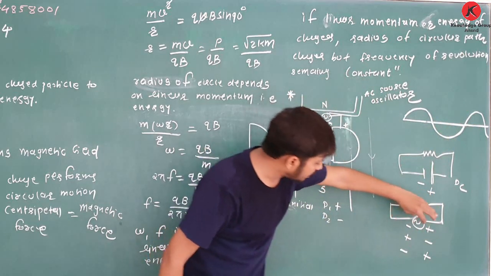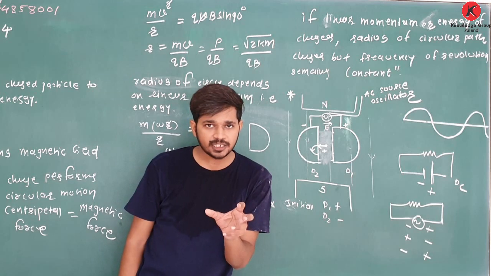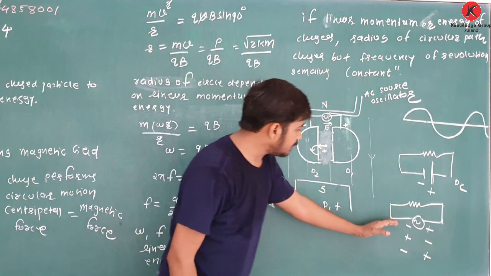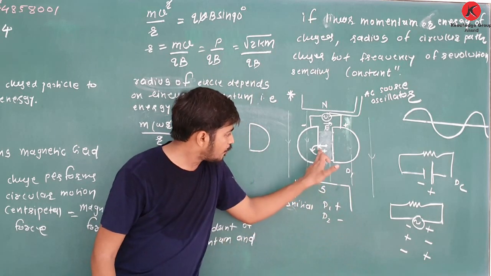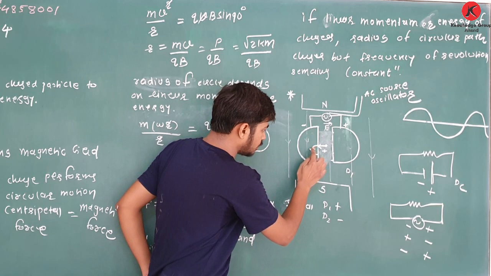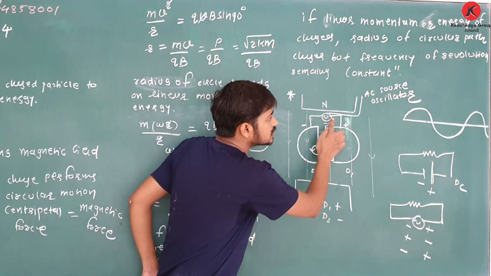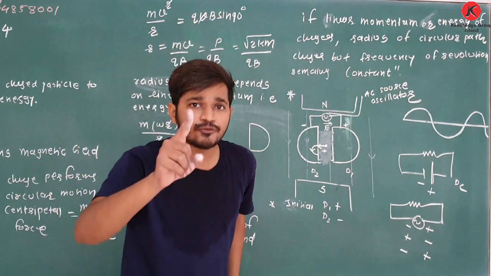It changes its polarity: plus, minus, plus, minus, plus, minus. So, what is frequency? If it changes its direction, here it is. When a charged particle enters this field, it is moving, moving, moving. This frequency of the oscillator is selected such that